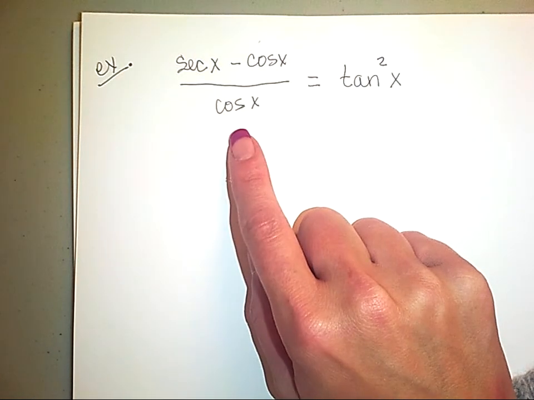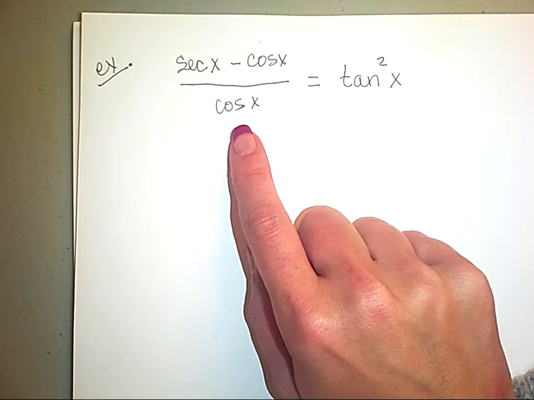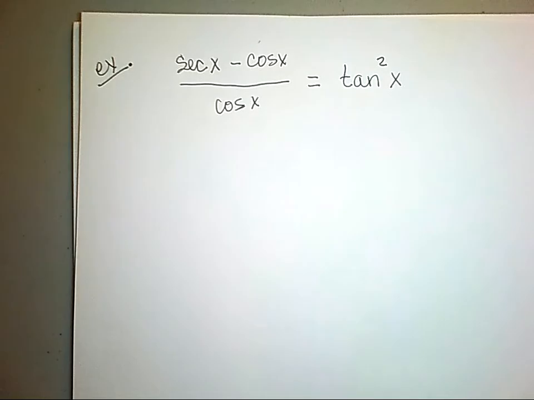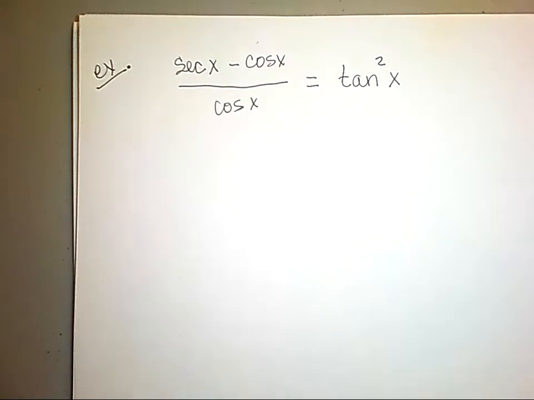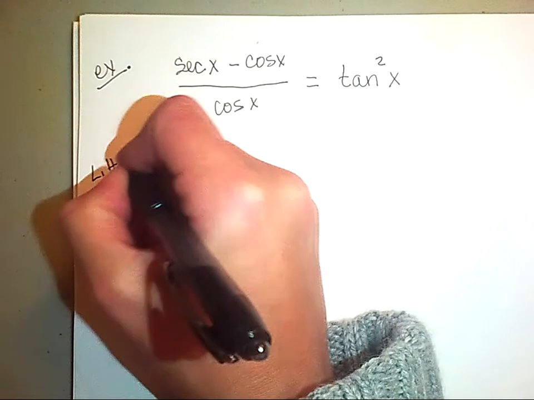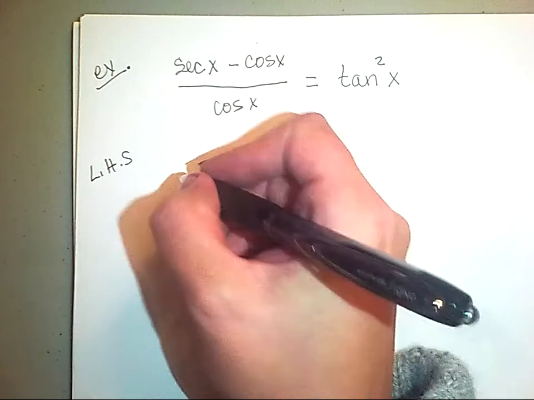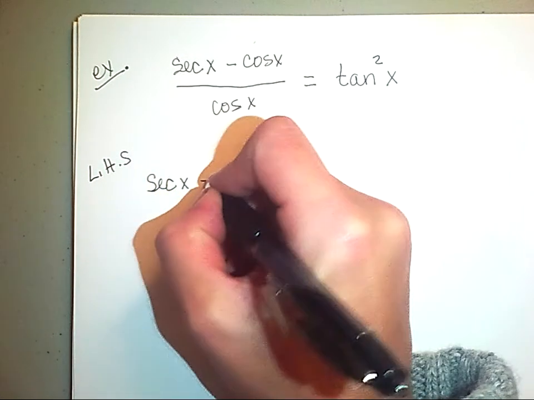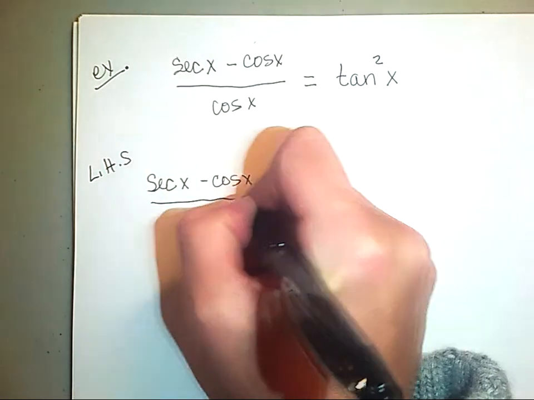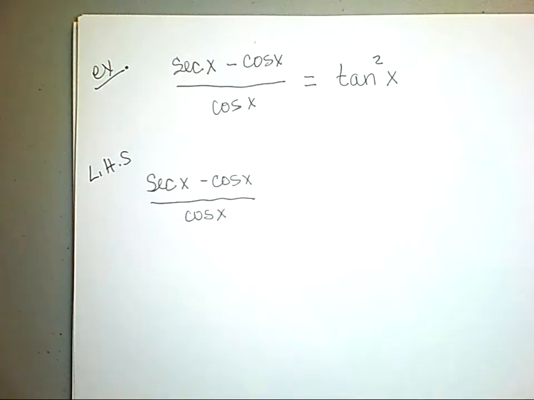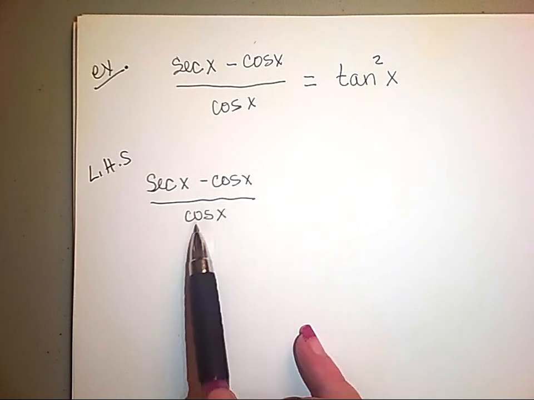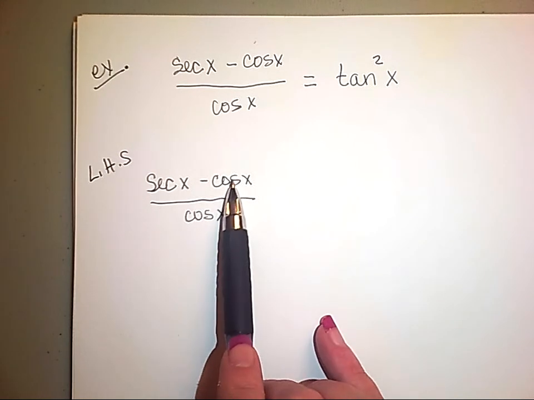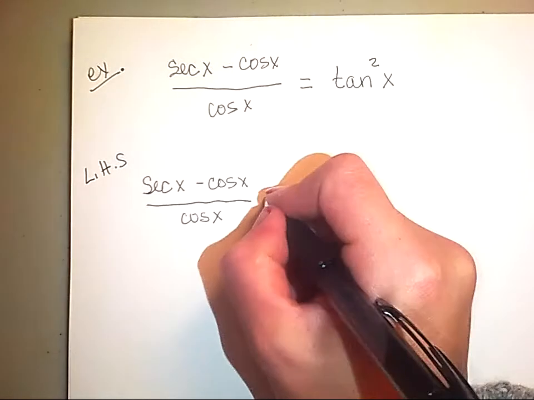I always choose to work with the side that's more complicated, because there's a lot more for me to manipulate than, say, if I just started with tangent squared. So I'll abbreviate this LHS for the left-hand side. That's the side I want to start with. Let me just copy it down, and then we can think of a strategy. I'd like to do any sort of simplification that I can do. These are cosines. One strategy is to have everything in sines and cosines. So if we do that,